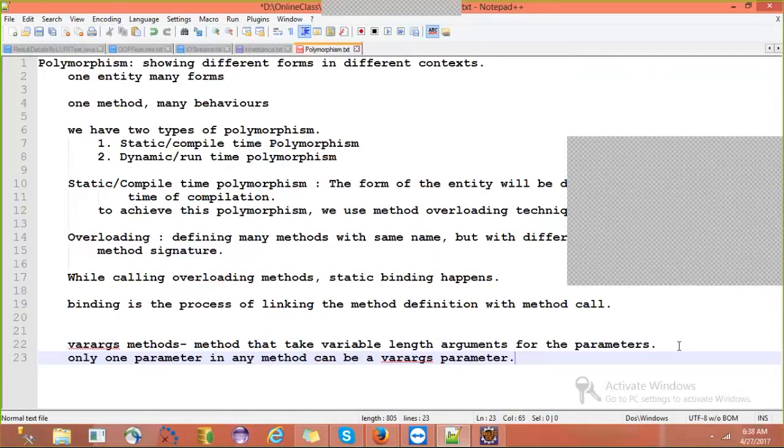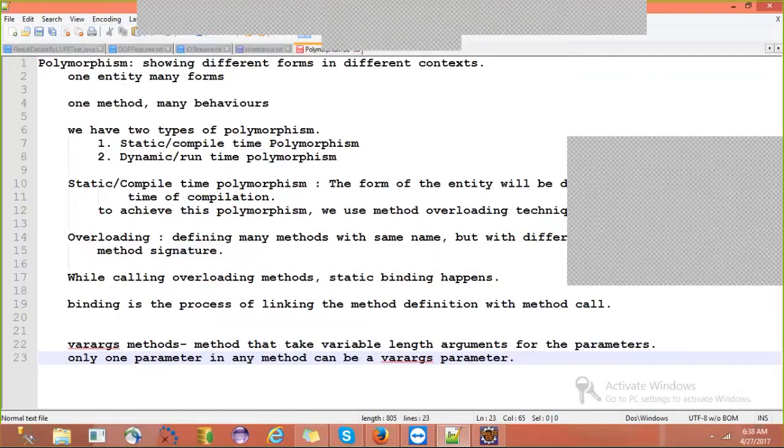You cannot have multiple parameters as variable length parameters. You need to have only one parameter.